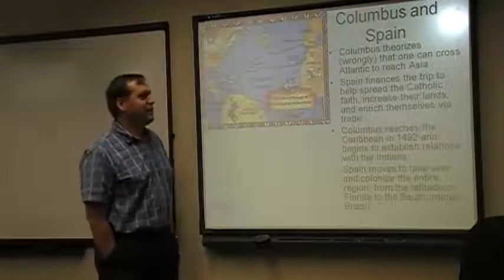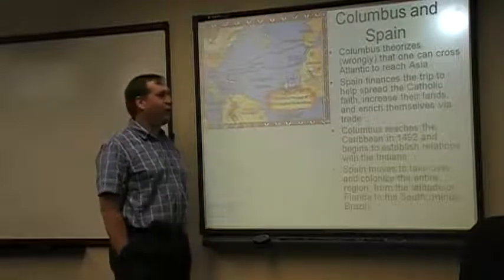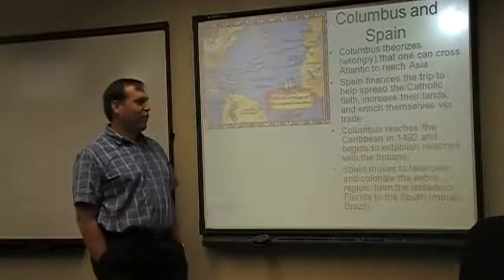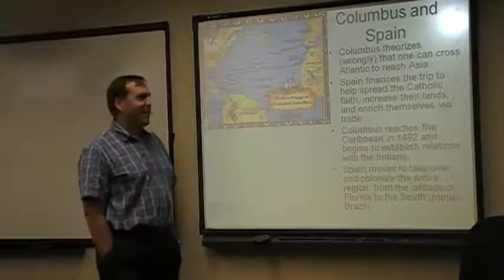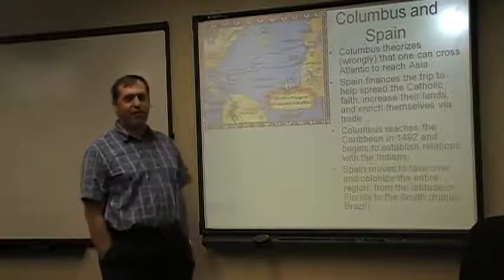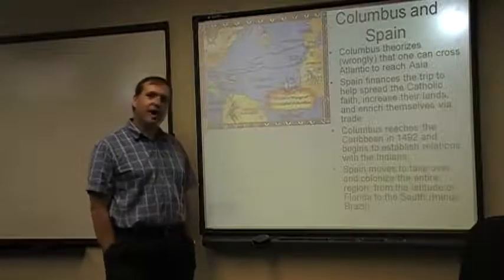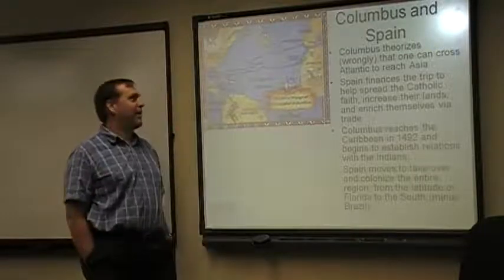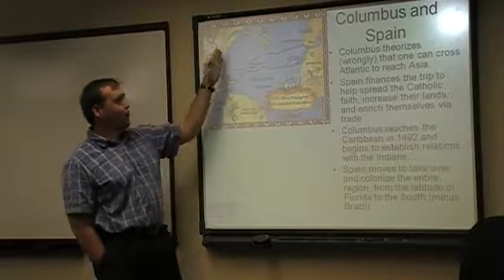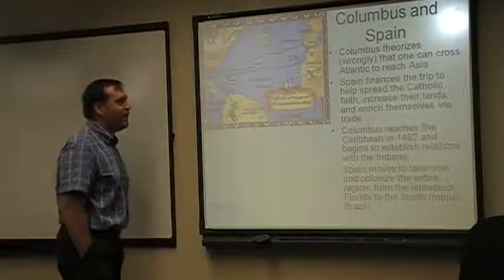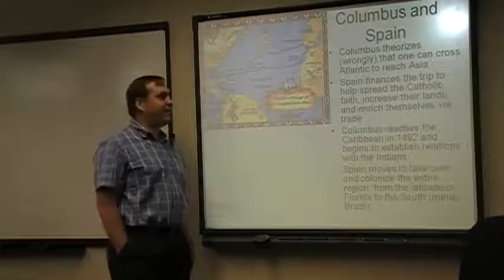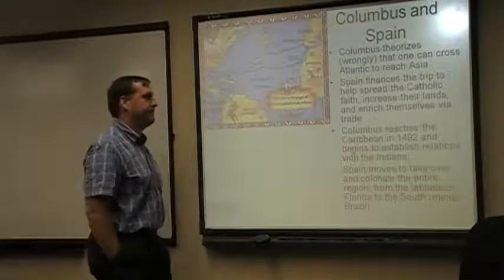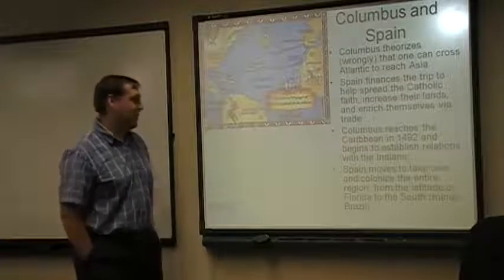See, Christopher Columbus had done his own math on the circumference of the Earth and had come up with a wrong answer. According to his math, the Earth was about 25% smaller than what it actually is. And so by his calculations, China would be roughly where the east coast of the United States is today. And he said, we can cross that distance in about 6 weeks. That's a very makeable trip.